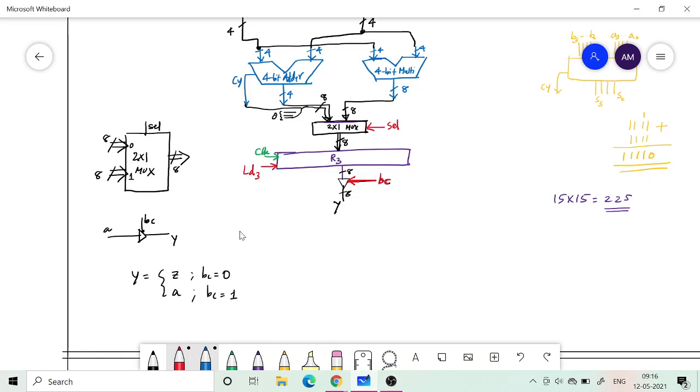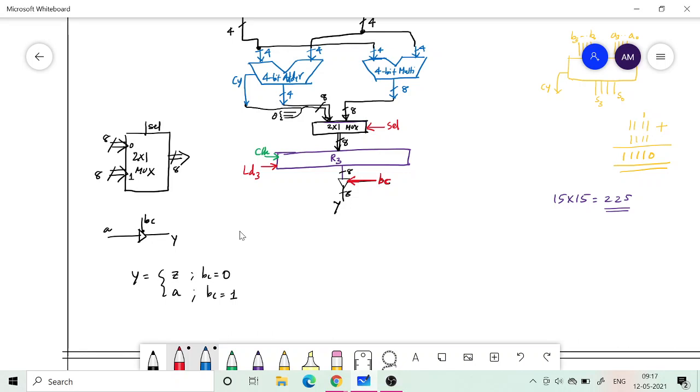Initially it is not available, so the state of R3 may be something else, like a previous result. Suppose we don't want that previous result to be shown during the initial part of the computation, then you can hold it in the high impedance state.